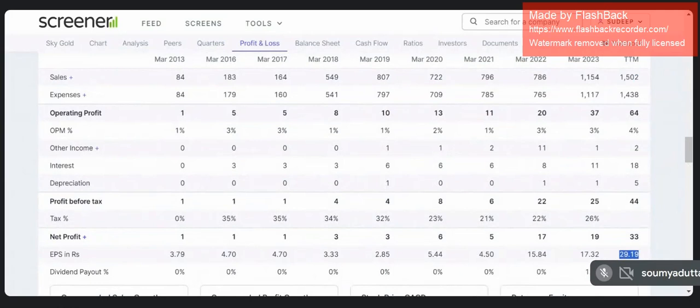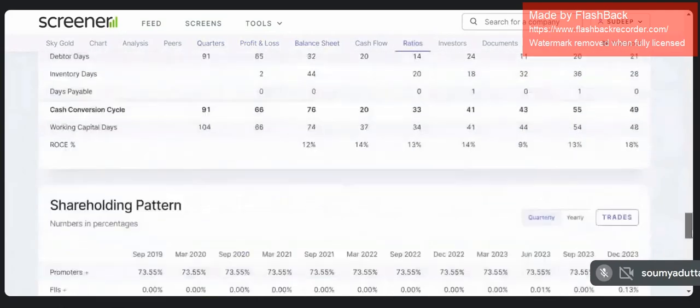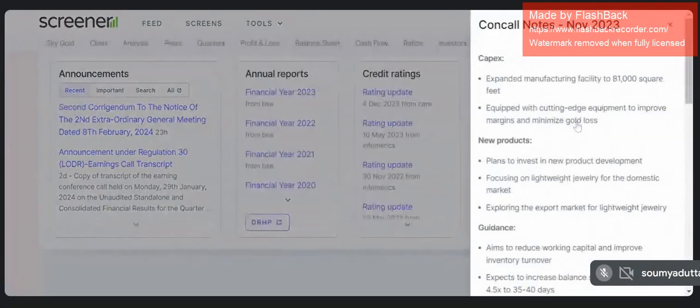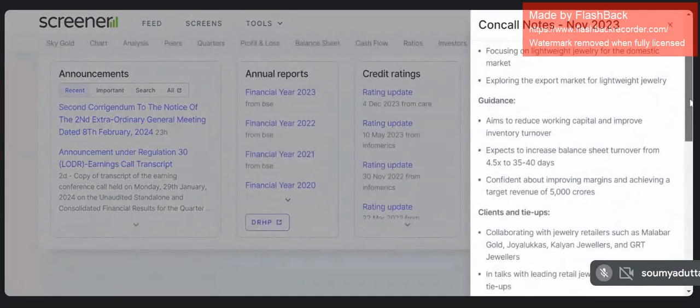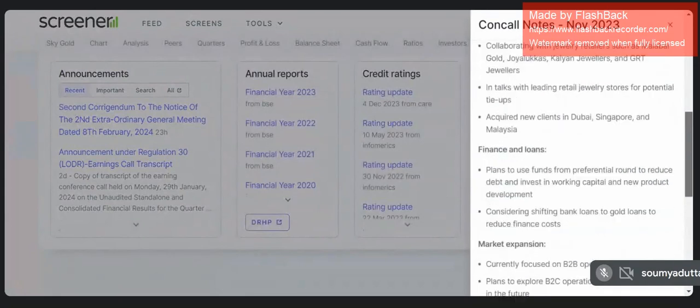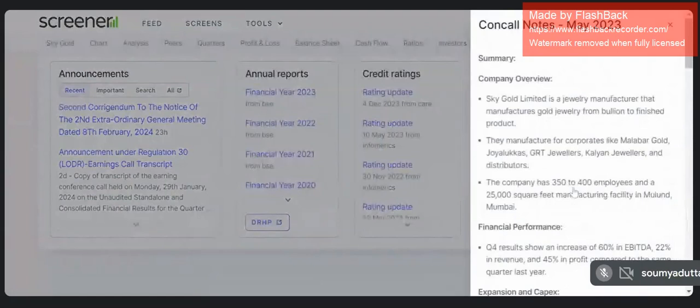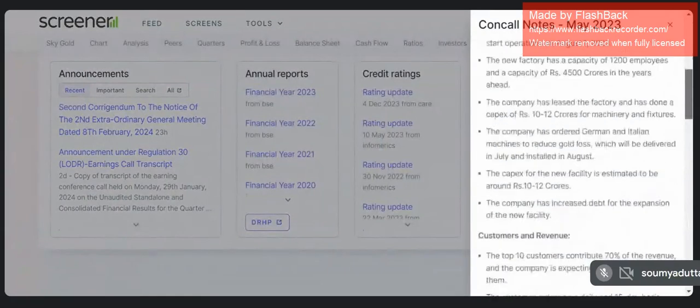Even at that level, it is coming for 500-something. And see what the company said. Oh, this is an old one, sorry. Yeah, in May the company said that